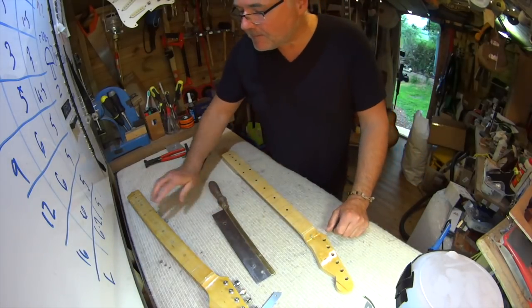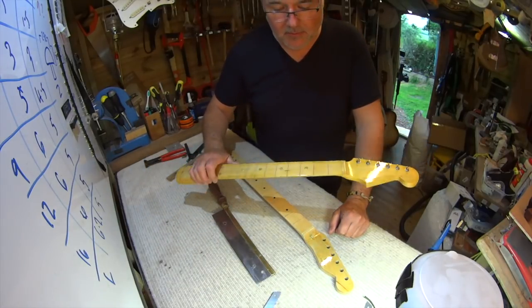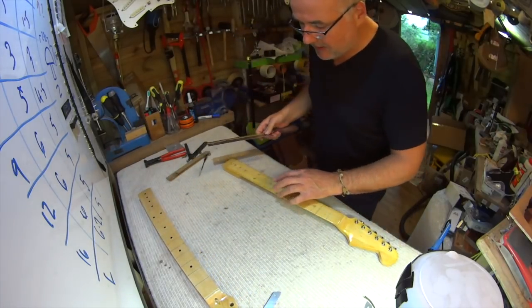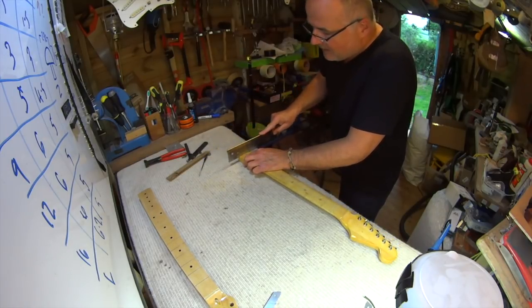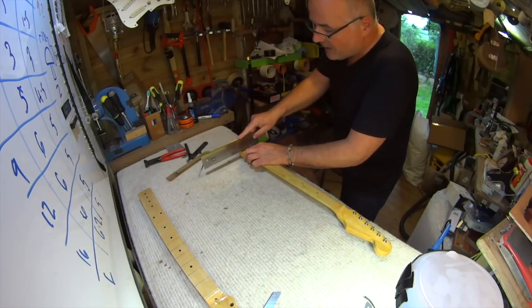Oh look, this one isn't fretted either. No, that one probably needs... Did I cut this one? I think I did, and then I think what happened was I think I scratched... Oh no, I didn't cut it with a saw. I think I actually did it with a blade, and then I ended up slicing the finish, causing me to have to redo it. Anyway, yeah, so